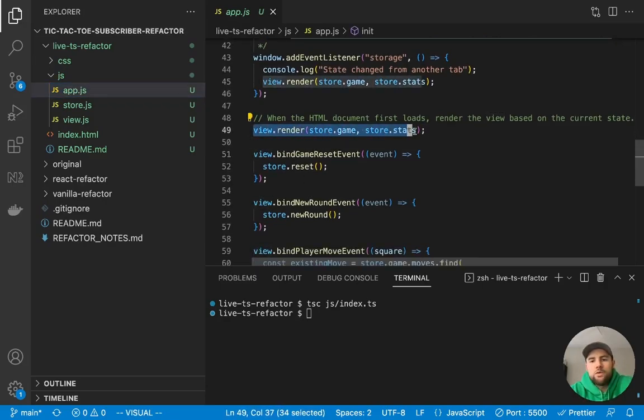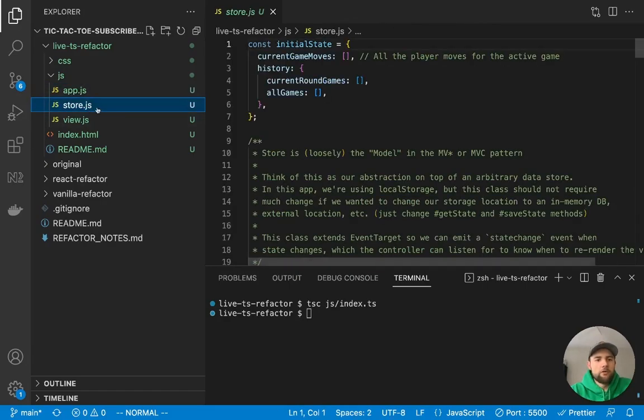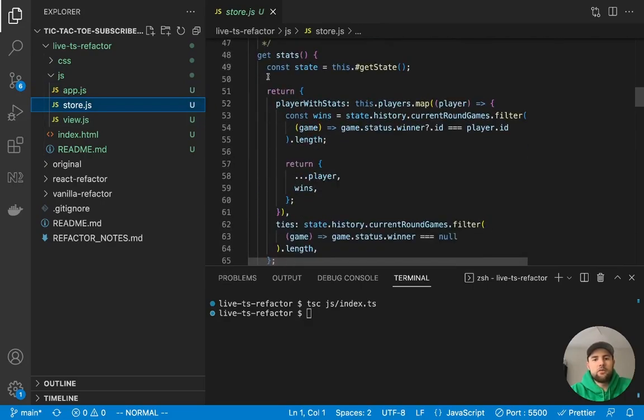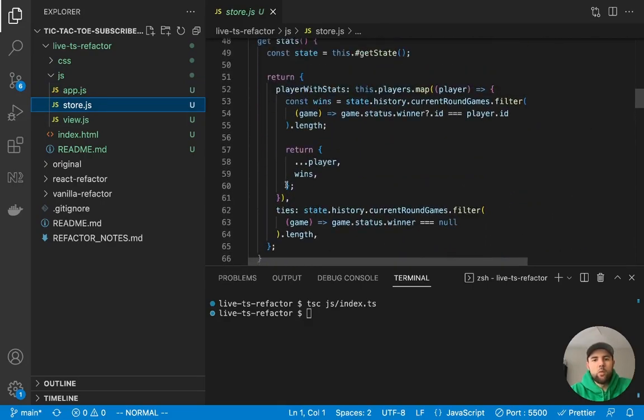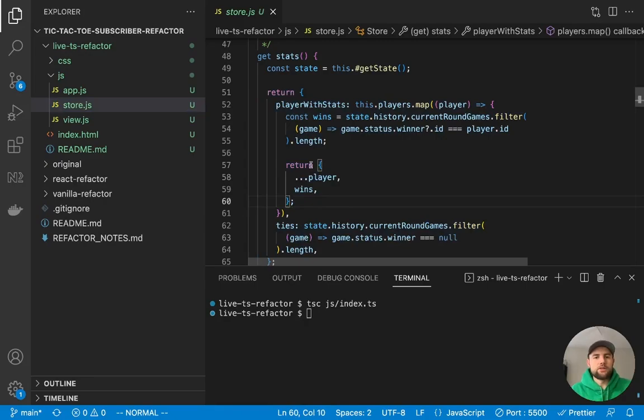When we are calling view.render and passing in all of our state of the application, these state objects have a certain type. And as you can see, Visual Studio Code is giving you some suggestions as to what types these are already, even though we're not using TypeScript. It's just inferring this from the function definitions over here in store. So it can read through the functions and see what we are returning, the return type here, and then it infers what properties are on this object that was returned, and so on and so forth.